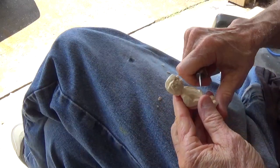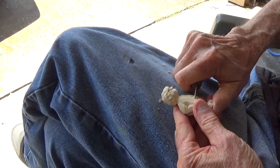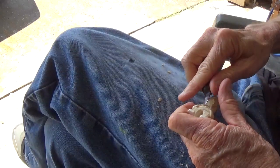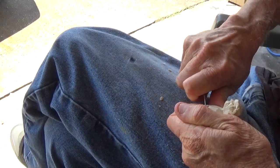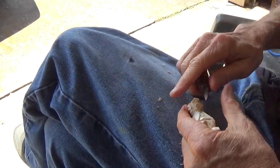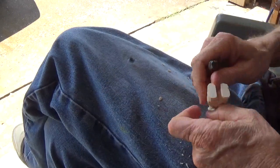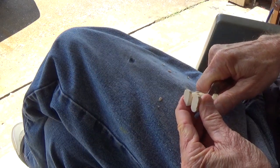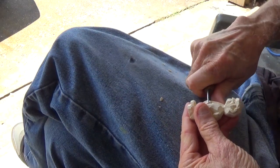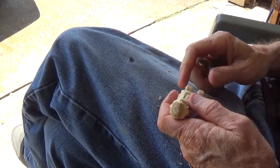Okay. And from the top here, we take some wood off. You may have to take your knife and kind of, this is a small place here. There we go. And you come back and you just, there you go. Now he's got a little belt here,